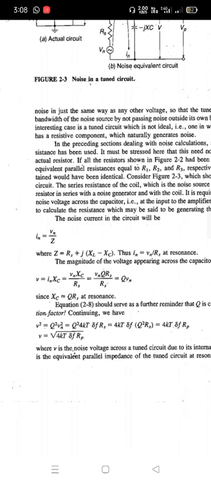Therefore the resonance part is very important. Without resonance we cannot tune. As there is not only a single channel in the frequencies, how many channels of radio are available, you know better than me. There are 20 to 30 radio channels, radio stations available. So what we are doing, we are focusing on only one particular frequency.